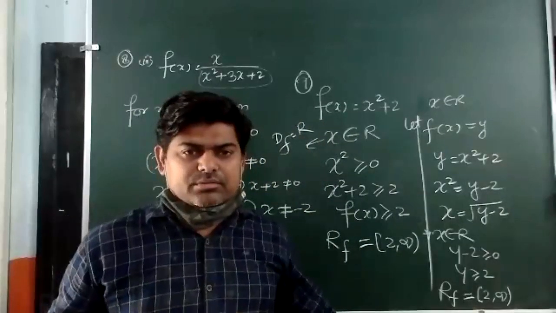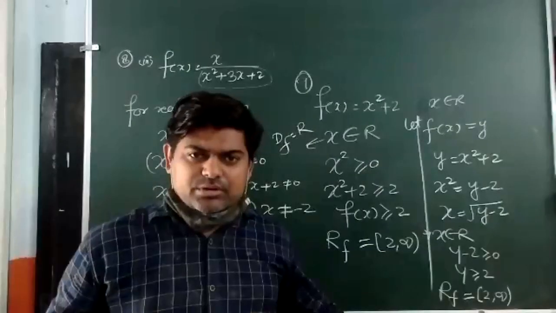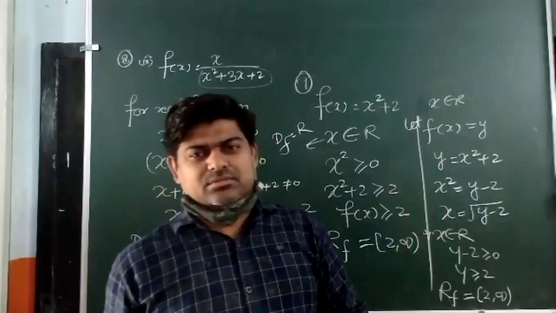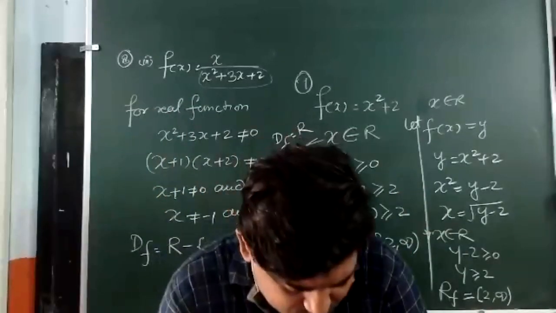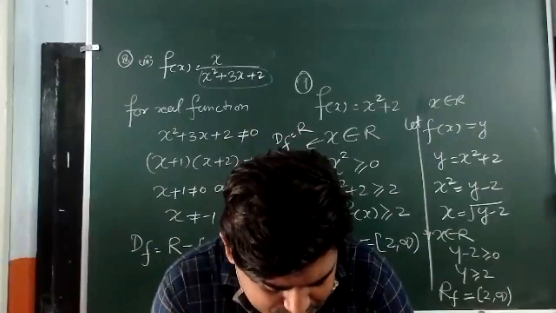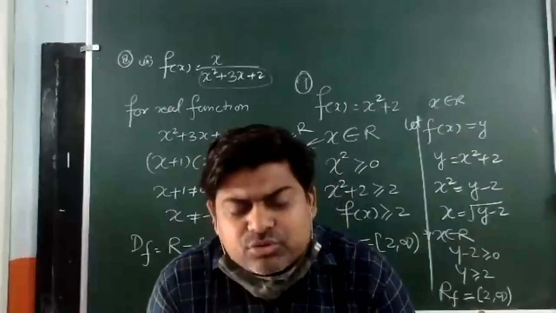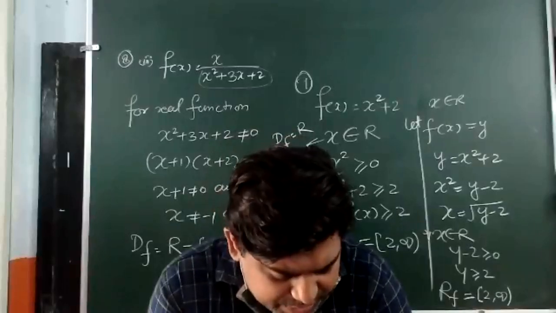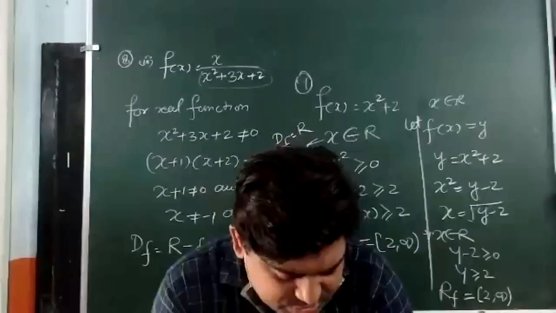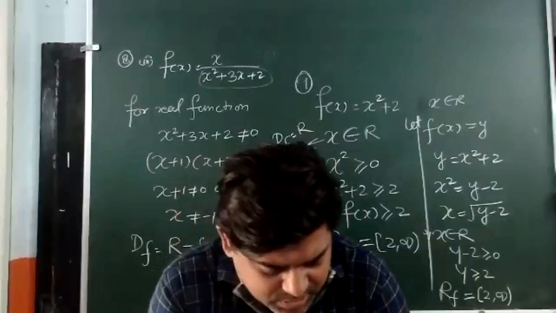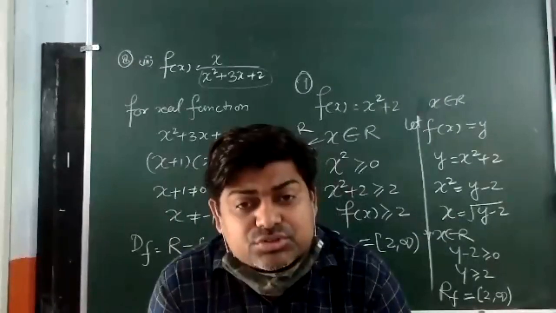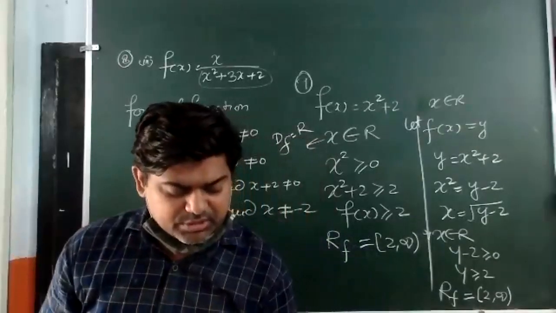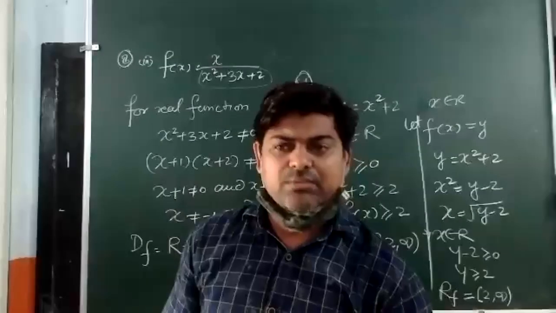You are getting my point? How to find the range? Because it is important. Now move to other questions, question number 11 and 12. Question number 11 also can be done like that only. It can be written that x plus 2 is this one, then its range can be like that. But for question number 12, we are bound to take y. So I am going to do one question from 11, and after that I will do one question from 12 also.